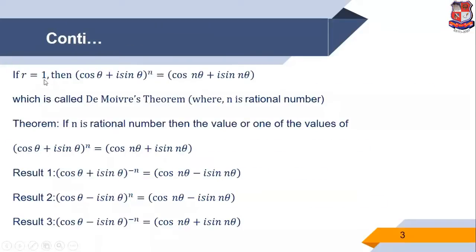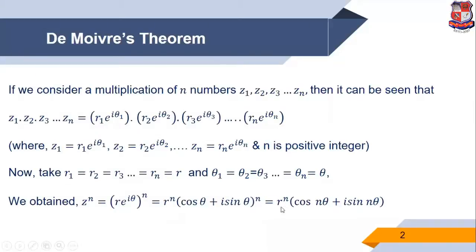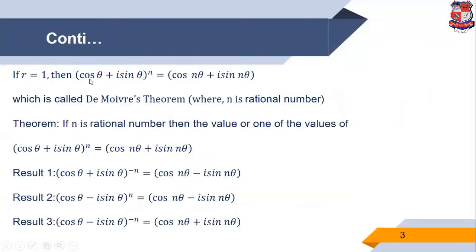If r is equal to 1 in the previous equation, we can say cos theta plus i sin theta raised to n is equal to cos n theta plus i sin n theta,